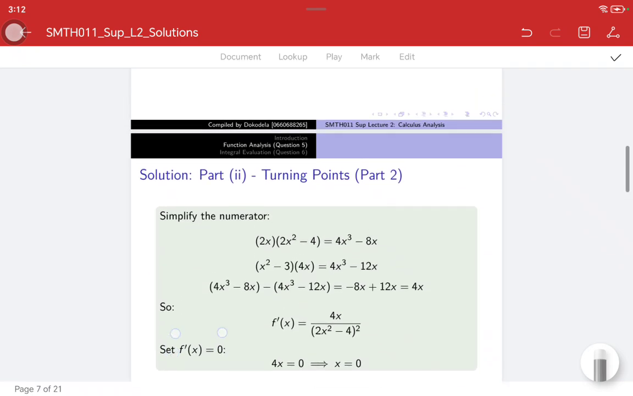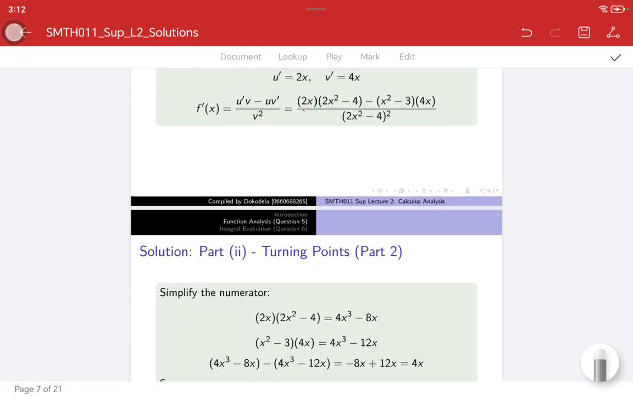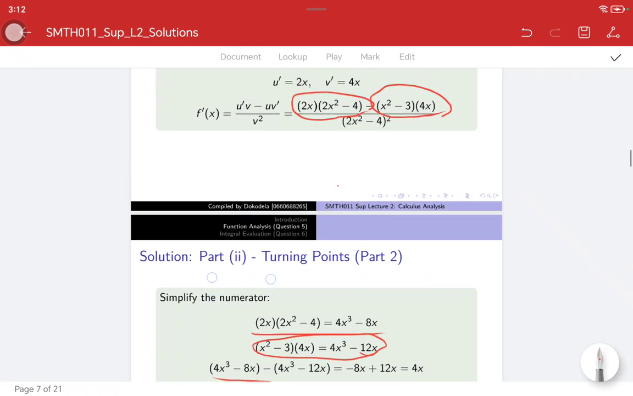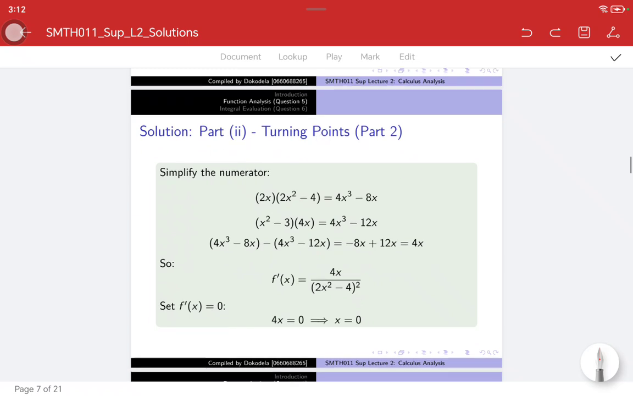After simplifying the numerator, this side, I simplify it here. I find that it's 4x to the 3 minus 8x. Then when I simplify this side, I find that it's this, right? I simplified these separately because there wouldn't be space to put them all. So now that I've simplified them, I subtract them according to the numerator, and then when I subtract them, I get